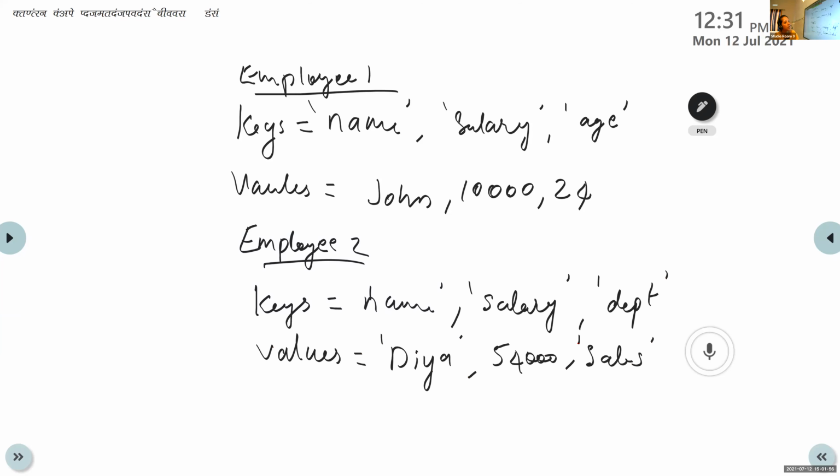Update the dictionary employee 1 with the values of employee 2. First you create the two dictionaries, employee 1 and employee 2.